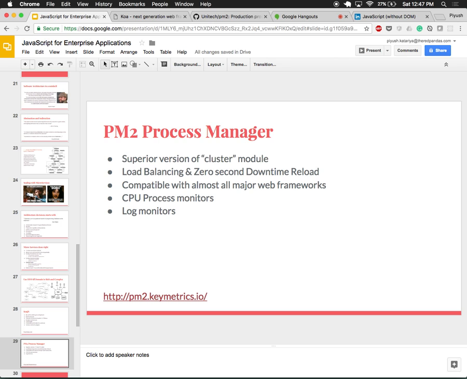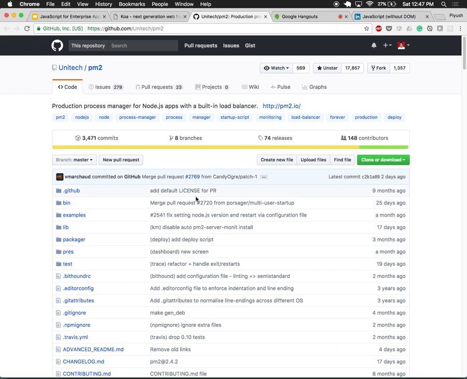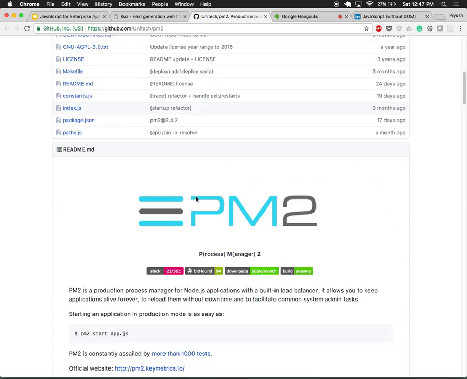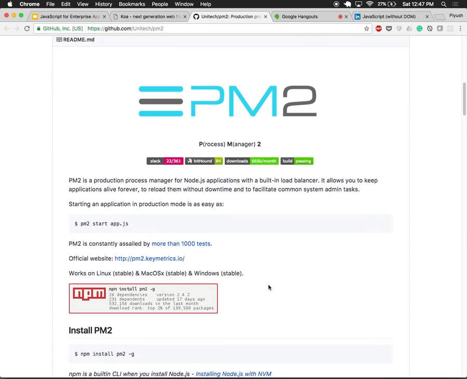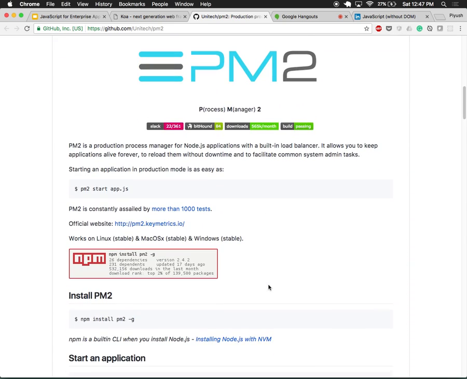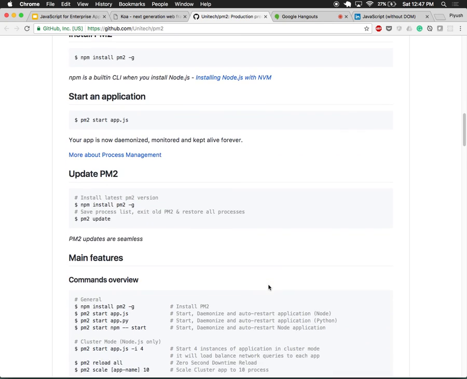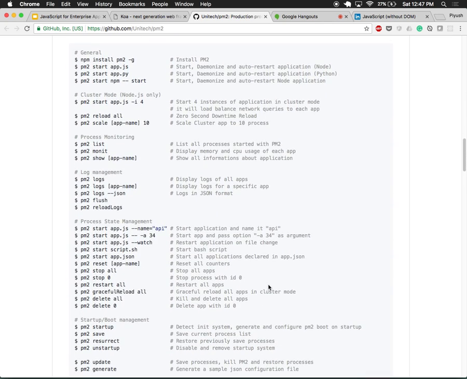All of these things are taken care of by a tool called PM2. It's very famous, and it can be used not only for Node.js but also for Python or Ruby projects. It has all of these things like starting, clustering, setting the number of processes, and so on.